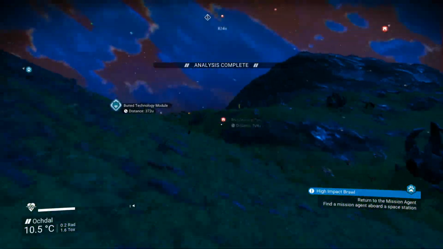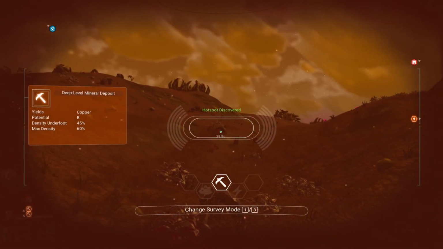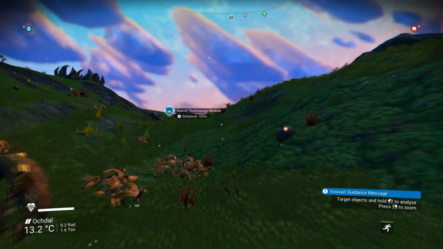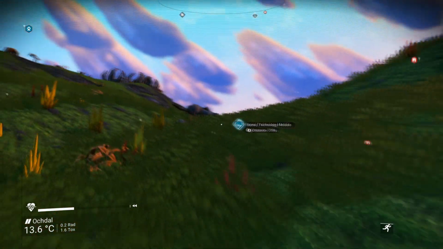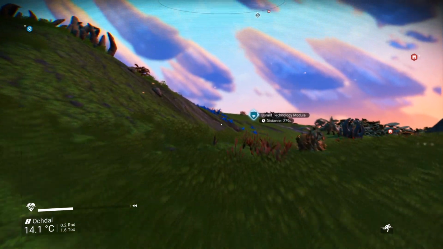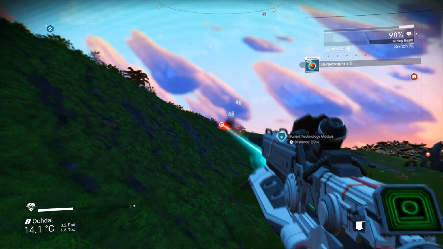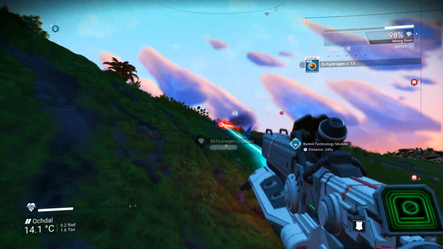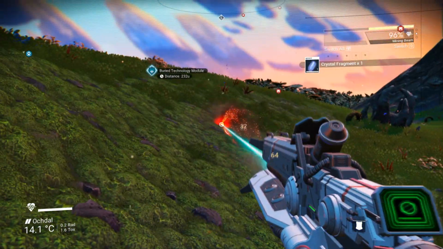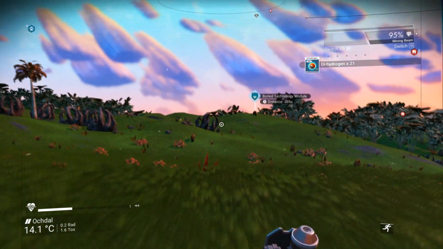To be honest, I'm not particularly that interested in a copper deposit. I mean, I've already got a base back in the Euclid galaxy that can give me all the copper I need. In fact, it gives me way too much copper. Some dihydrogen there. We'll just pick that up. I mean, the Sentinels aren't that hostile as well, so...